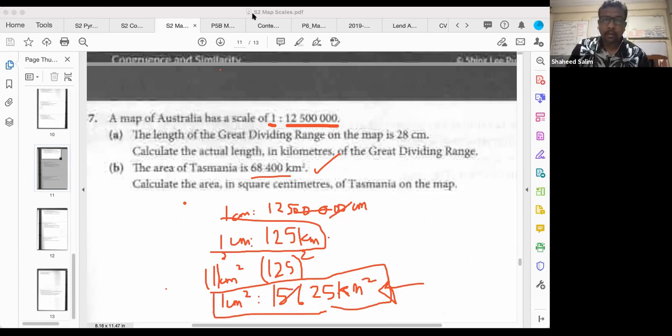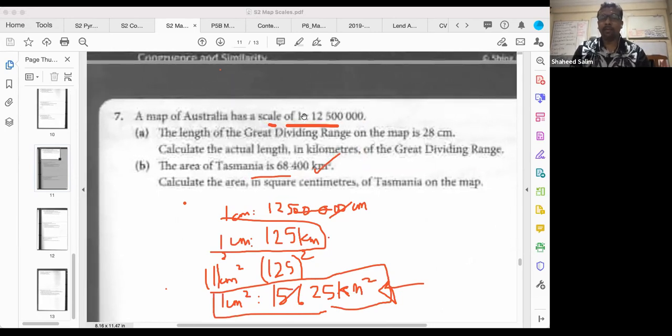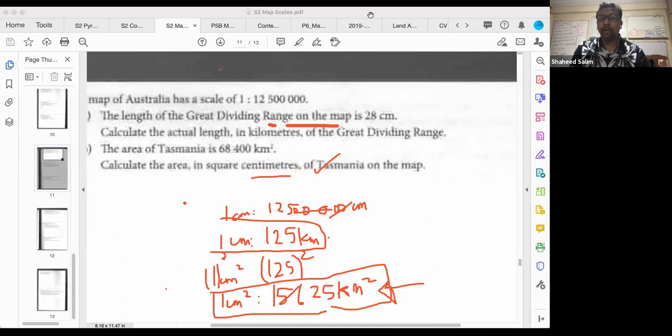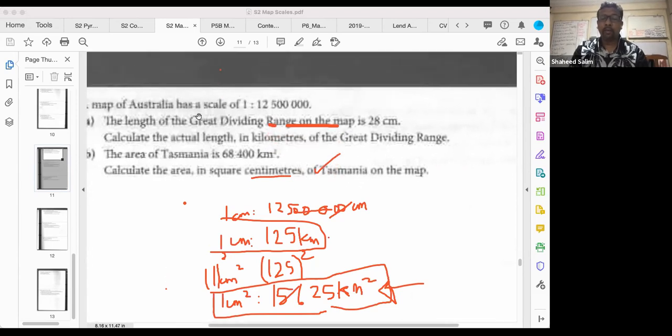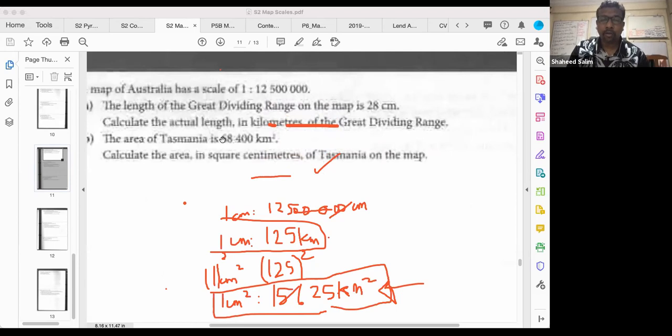Okay, we got one answer here. Let's see. Well done, Inshira. Okay. So how to do this? I'm just going to show. Okay, very, very simple. You already know that we have already found the scale for area, which is what? 1 cm square to 15625, right? So what to do? Now you want 68,400 km square. So how do you get from 15,000 to